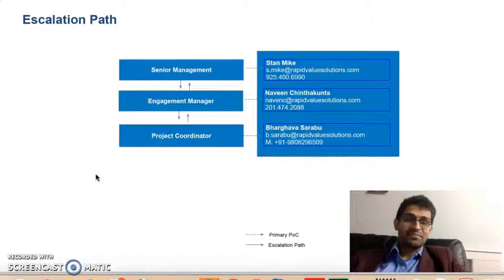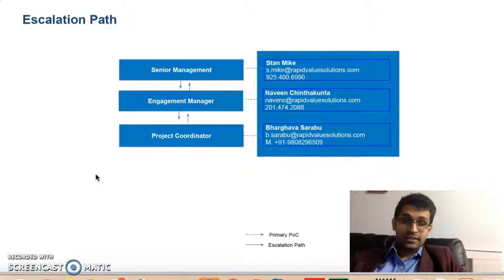Coming to the escalation path, whenever you have any questions or concerns regarding the project, the first level of escalation will be me, and you can always approach me at any time. Both my email and mobile numbers are there, and 99% of issues should be resolved by me. If for some reason you think it is not being resolved in a timely fashion, you can always escalate to my manager, Naveen Chantakunta, who is also on the call right now, and he will resolve any issues concerning the engagement.